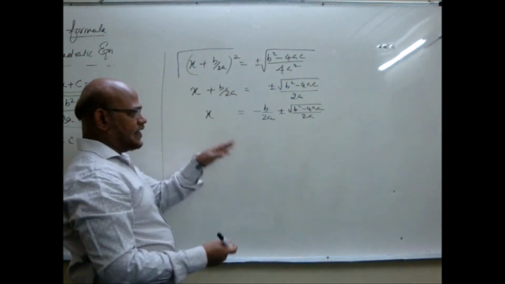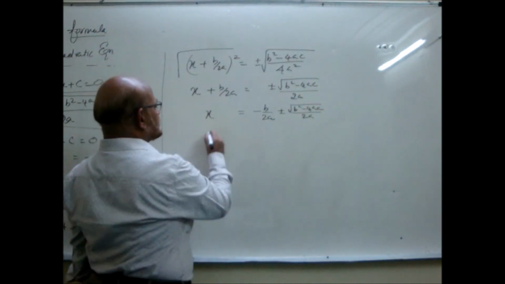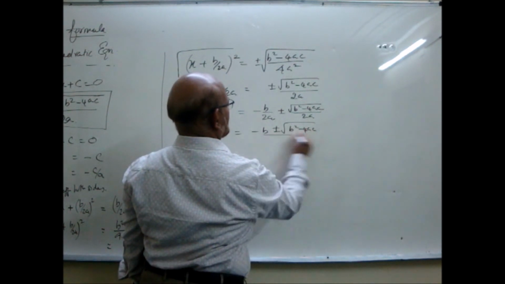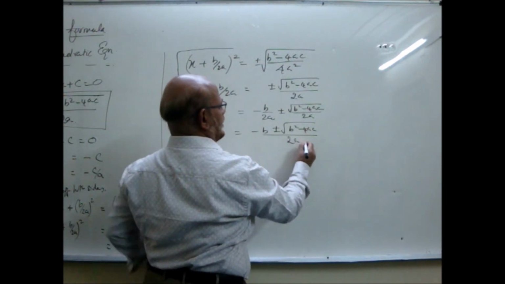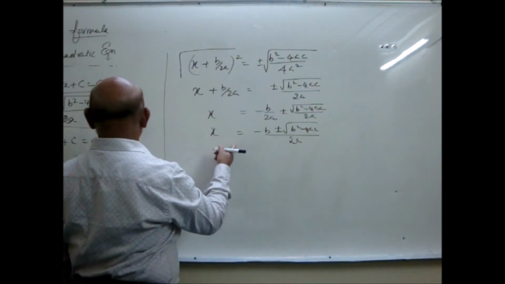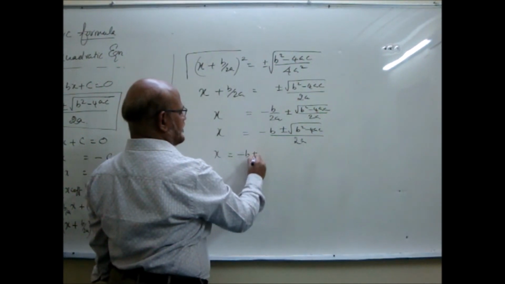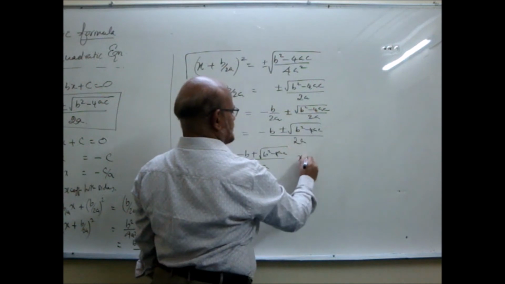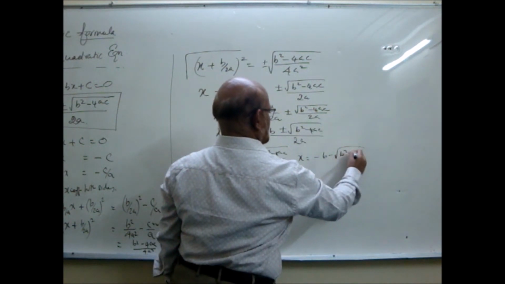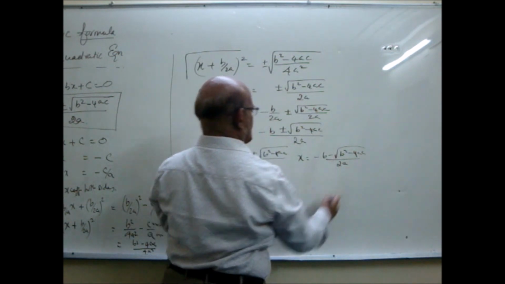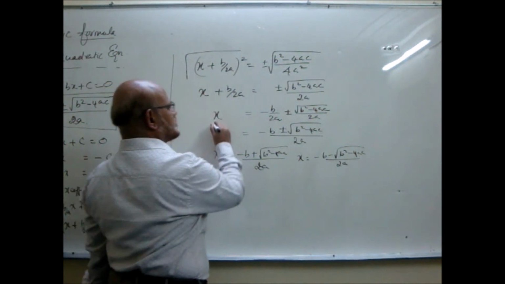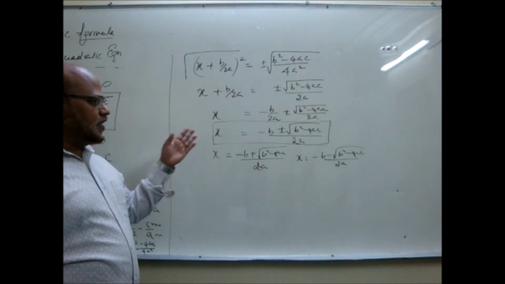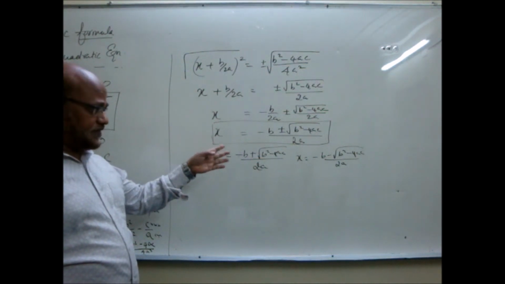Adding them further by taking the LCM, the common denominator is 2a. So x is equal to minus b plus or minus root of b square minus 4ac by 2a. So you got the solution. This is the formula. Actually, we write x is equal to minus b plus root of b square minus 4ac by 2a, and x is equal to minus b minus root of b square minus 4ac by 2a. Like that, two solutions are obtained, and what you have got for the value of x is your quadratic formula. This is how the formula comes. It is just for interest, you will not be asked to derive the formula. You have to know the fundamentals, how it works.